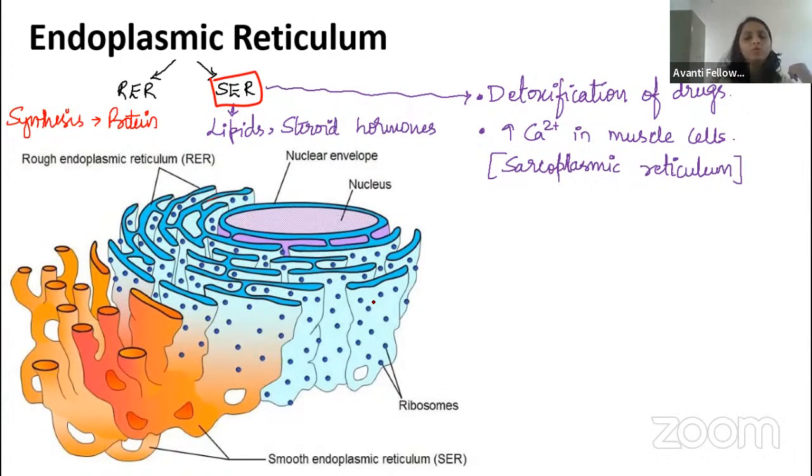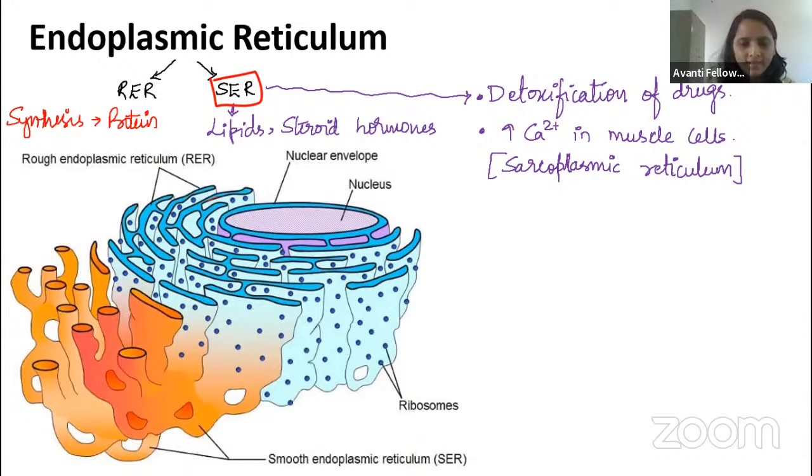So you have studied the sliding filament theory, right, guys? How many of you studied the sliding filament theory? Tell me in the chat box. Very good, Nandish. Yes. Tell me in the chat box, guys. Raise your hands. How many of you studied about the sliding filament theory? In that, have you seen, guys?